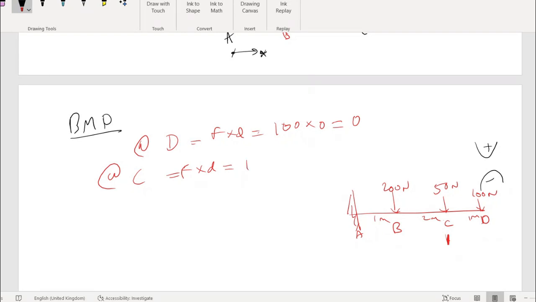150. 100 into... right. There is no moment due to 50 acting at this point for C, right? But there is a moment due to 100 acting on the right hand side. We must go either right or left to find the moment at a point in the beam. In this case we go from right to left. At C, there is no moment caused by 50, but there is a moment caused by 100 because of the distance of 1 meter.